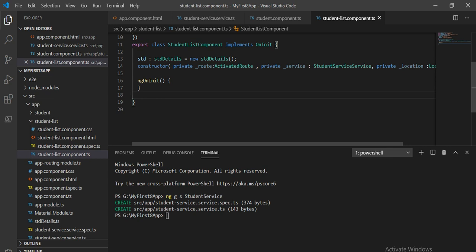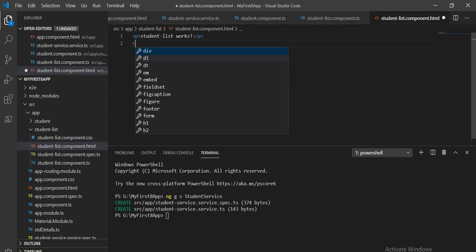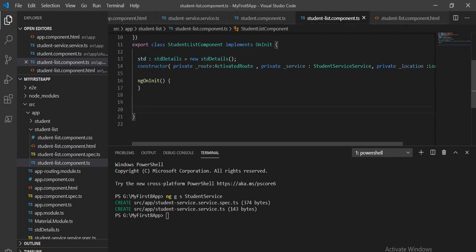But before that, I will first create a button, so let's go to the student list.component.html page. Here I will define the parameters which we are going to show in the browser. Let's take a ul, and under it li, and here I am going to show ID, using the variable we have taken, std.